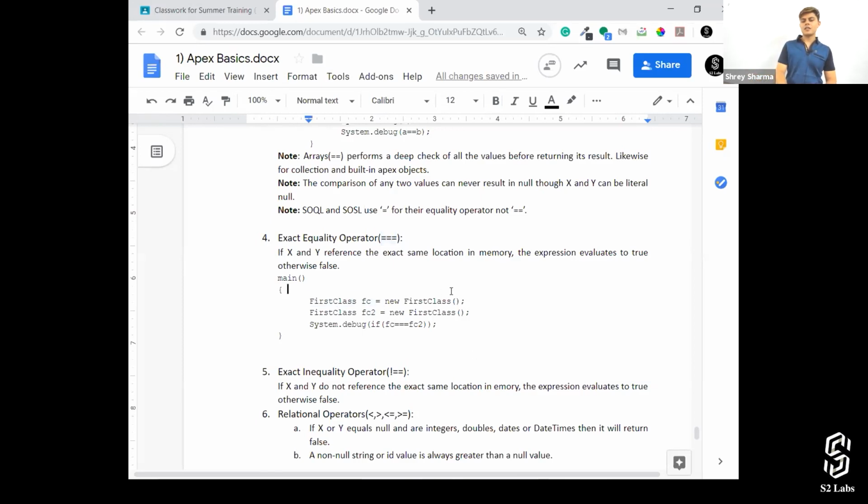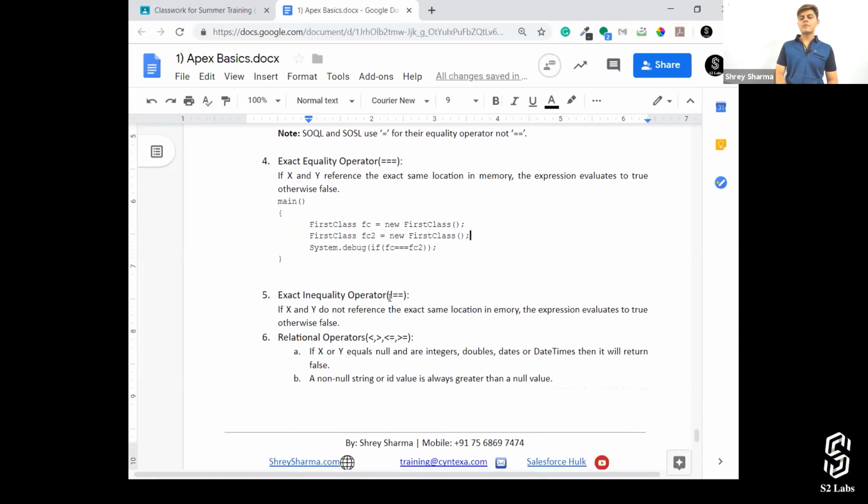So first class FC and FC2. So then this FC triple equals to FC2 is going to return false, right? Because the two are pointing to different objects, which are definitely in different locations. That's what it is. Exact inequality. I've just added an exclamation before the two equals to, and it is just the opposite.